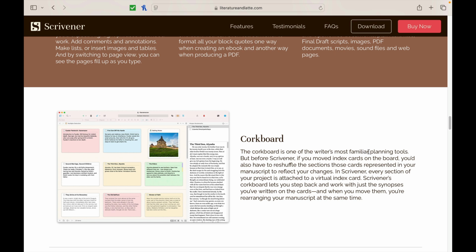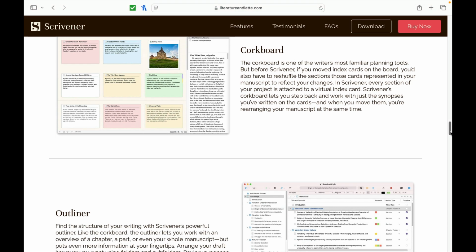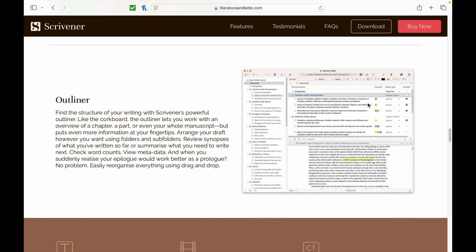It's one of the writer's most familiar planning tools, but before Scrivener, if you moved index cards on the board, you'd also have to reshuffle the sections those cards represented in your manuscript to reflect your changes. In Scrivener, every section of your project is attached to a virtual index card. Scrivener corkboards let you step back and work with just the synopsis you've written on the cards, and when you move them, you're rearranging your manuscript at the same time. So it makes it really easy once you want to put a scene in a different spot to move it. It has a nice outliner feature,